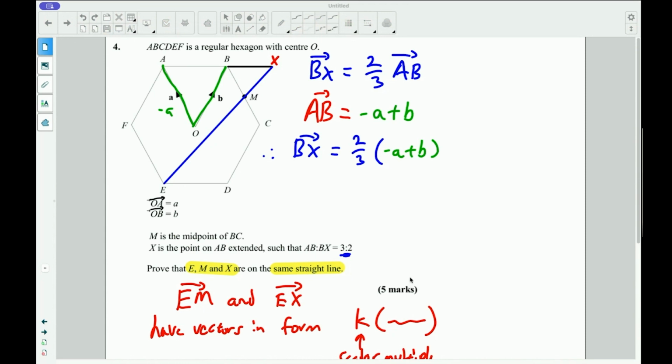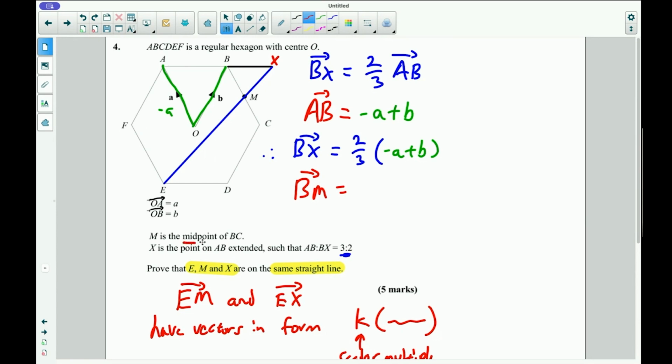Can anyone tell me what we need to find next? Any guesses what we might need to find next? What's the next thing that we're going to have to find? B to M. Perfect. So we need to find B to M. Okay, we need to find B to M because at some point we need to find out what E to M is. And the only way to figure that out is if we have B to M. Okay, so vector BM, B to M,